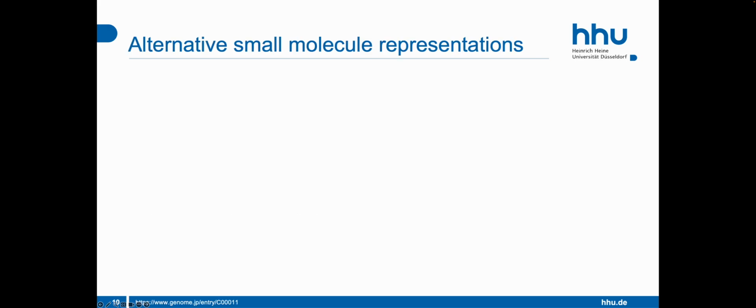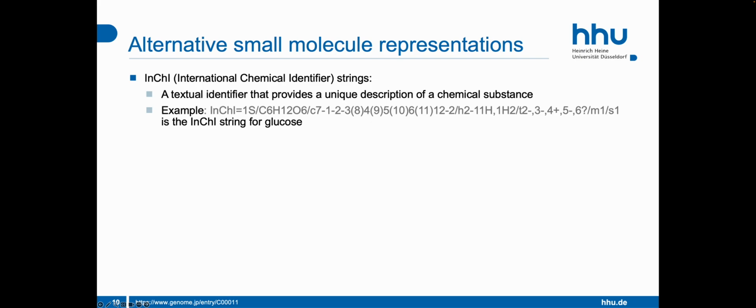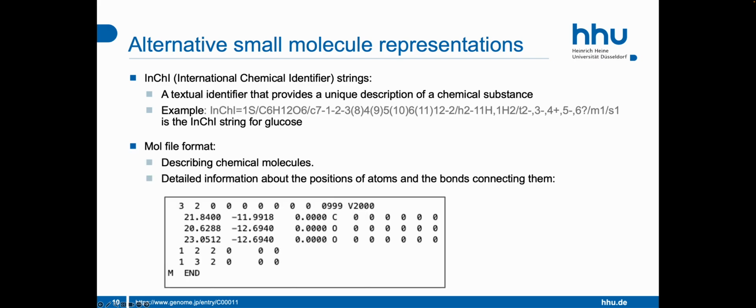In this course, we will mostly use SMILES strings to describe the molecular structure of small molecules. However, I want to shortly mention 2 alternative methods that you might come across. The first one is InChI strings. It is similar to SMILES strings in the sense that it can describe the molecular structure of a compound using a single string. The second alternative is the mole file format, which saves in a text file information about the position of all atoms